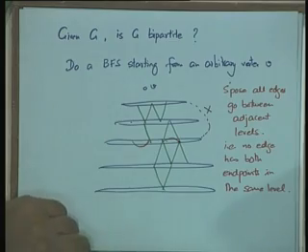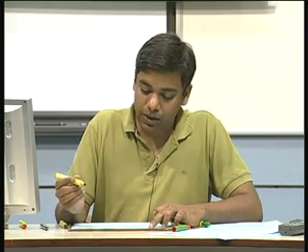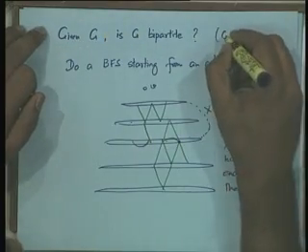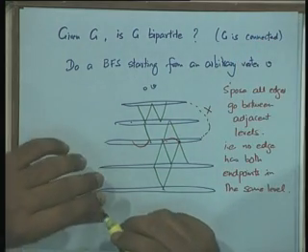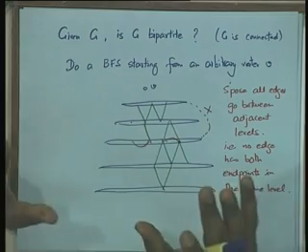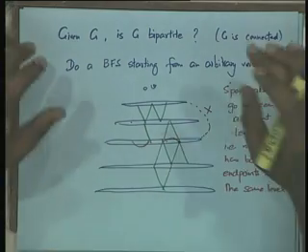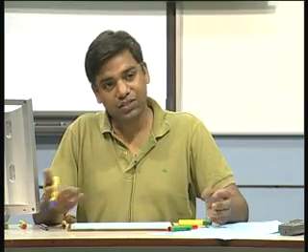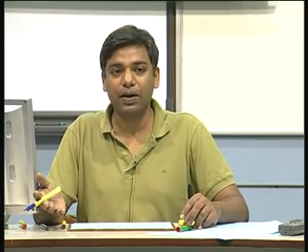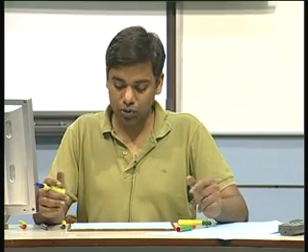Sorry, yeah, good. Let us assume that it is a connected graph to simplify matters. So, given G, is G bipartite, let us assume G is connected. ठीक है, हम ये assume करते हैं कि हमारा पूरा ग्राफ कनेक्टेड है. अगर ग्राफ बहुत सारे कनेक्टेड कंपोनेंट्स में है तो we will have to check it for each connected component. If each connected component is bipartite, then the graph is bipartite. If some one connected component is non-bipartite, then the graph is not bipartite. I'll come to all of this in a second. For now let's just assume that we are given a connected graph and we have to determine if it is bipartite or not.